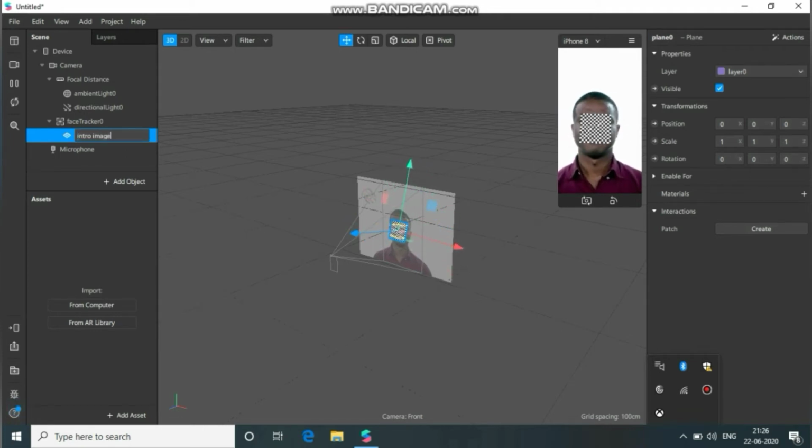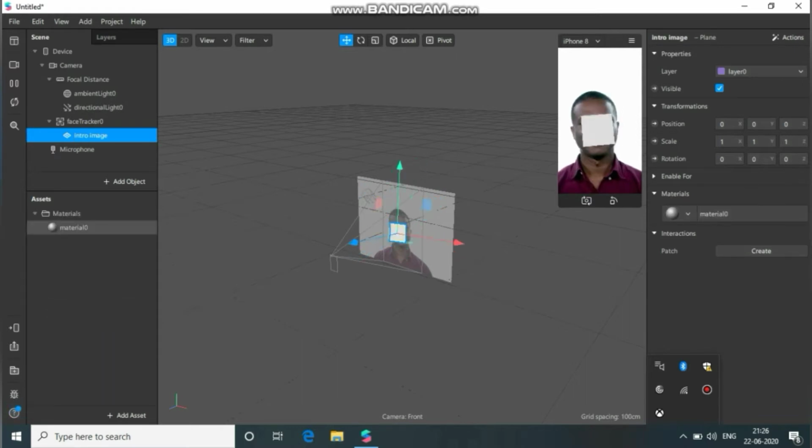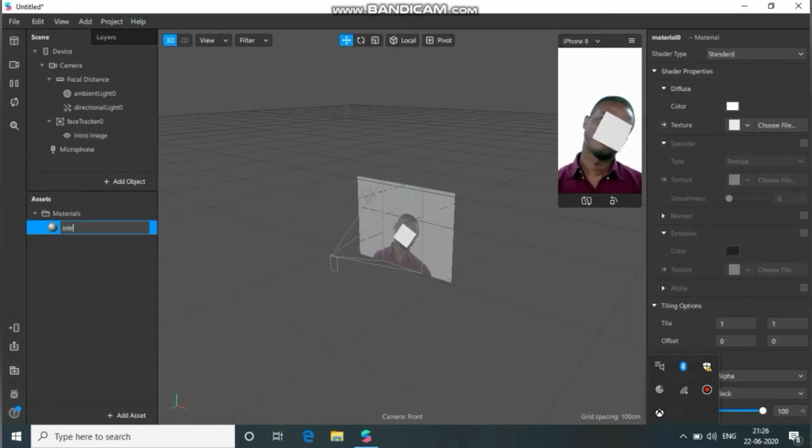And for the intro image, we need to create a material as well. From here, we can create materials. Rename this material as intro image. From here, we can pause the preview using the pause button.